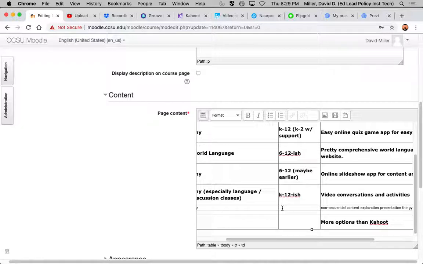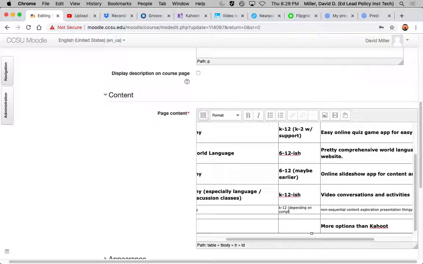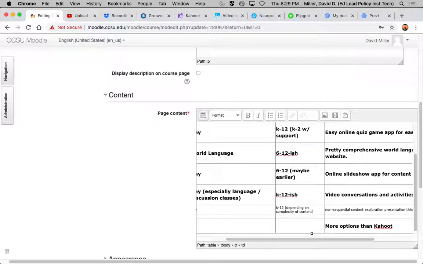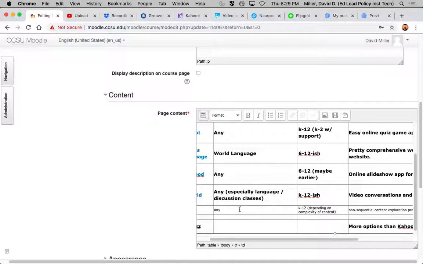What would you say in terms of appropriate grade levels for this? I mean, it depends on what you're doing with it. If you're just using it to convey information, it could definitely be an any grades thing. But if you're using it as a web quest, I would say probably middle grades up, because I feel like elementary students may not have the skill set to do a web quest unguided. I don't know, though. I would assume that an elementary teacher would have to make that call.